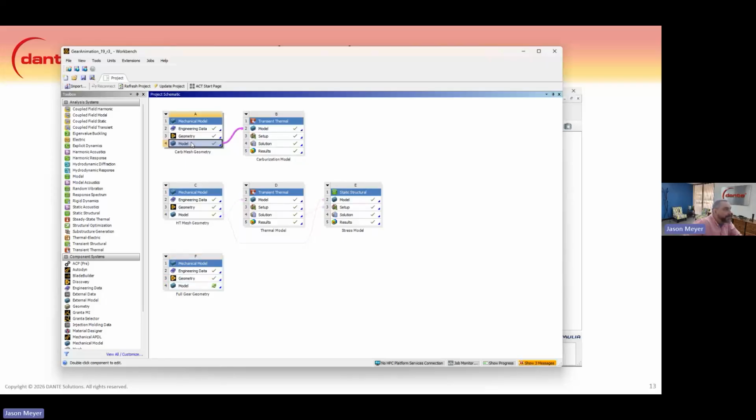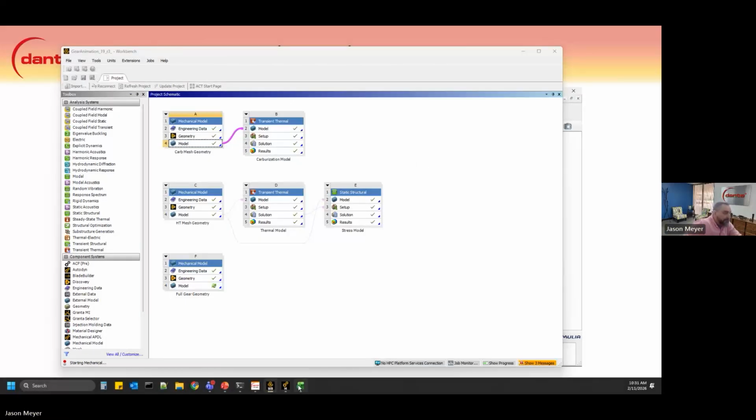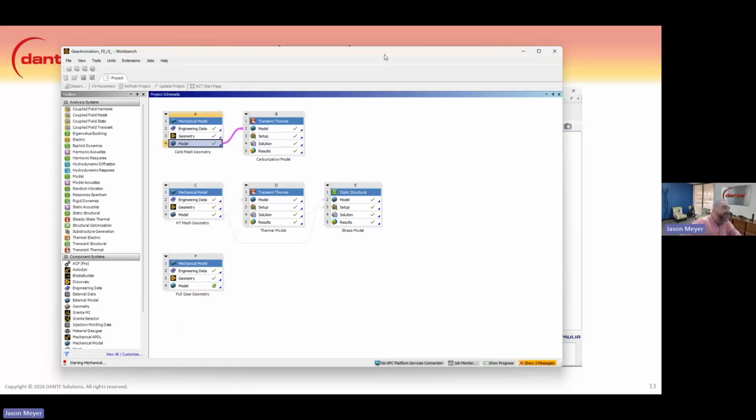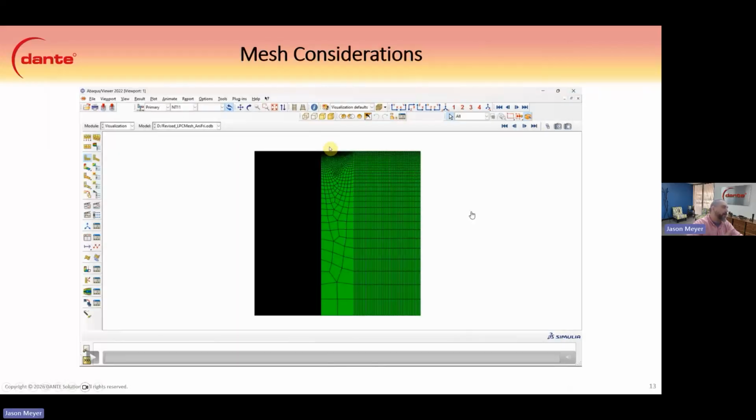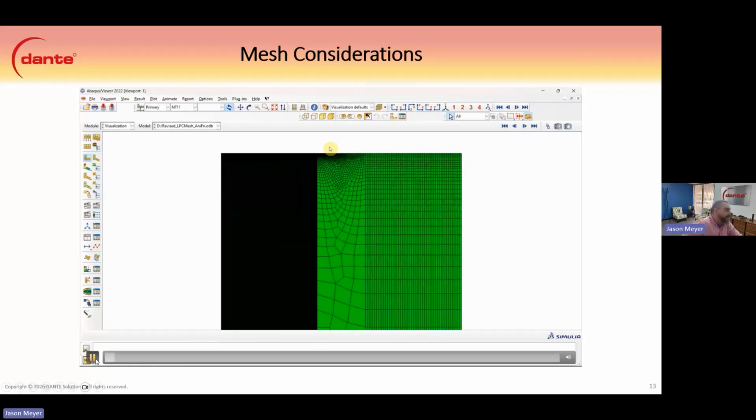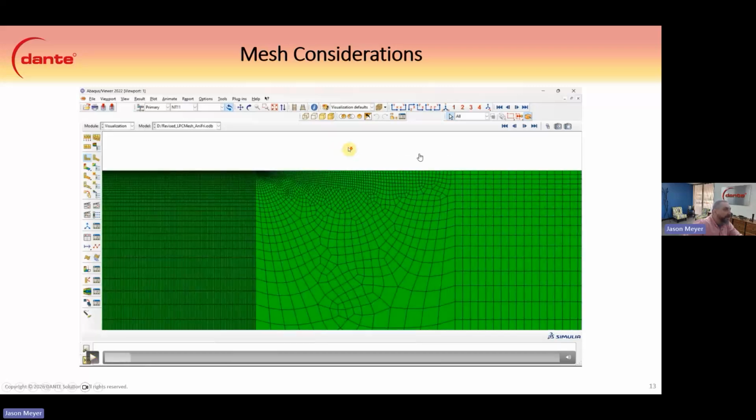If I go into the model, I can show you a little bit about the meshing. Give that a moment to open up. And so meshing is kind of an art form. You really have to think about what you want to get out of the model. For LPC, you really need very fine elements at the surface of the part because the carbon gradient is very high. So I set up a little bit of a model for mesh considerations here